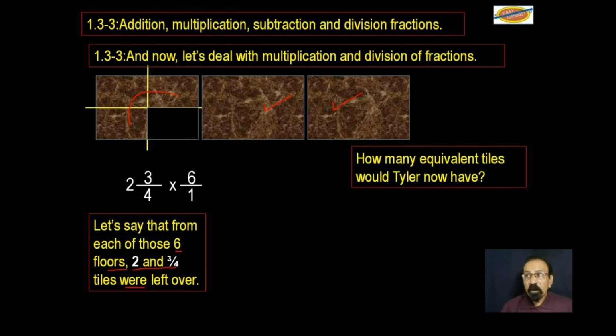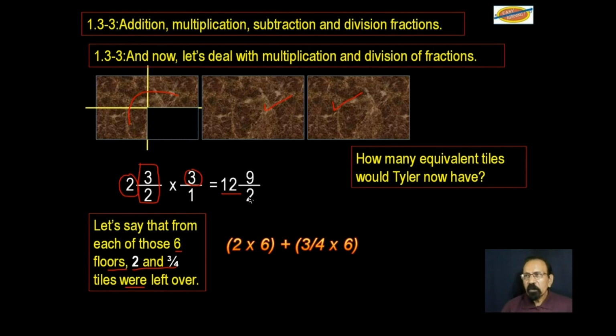Now there is a hard way of doing this and there's an easy way of doing this. Let me show you the hard way first and then the easy way. You can say, well, from each floor he has 2 complete tiles, so 6 times 2 would give us 12. And then from each floor he has 3/4 more tiles, so 3/4 times 6. Well, we can reduce that 4 and that 6 like this, and he has